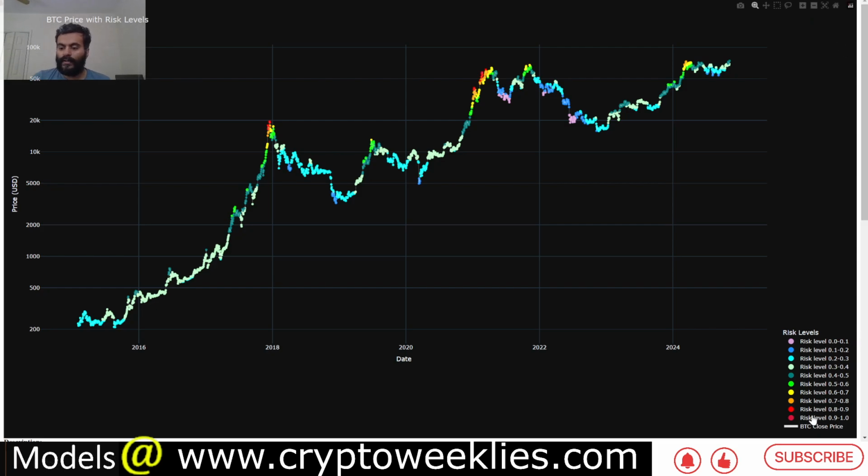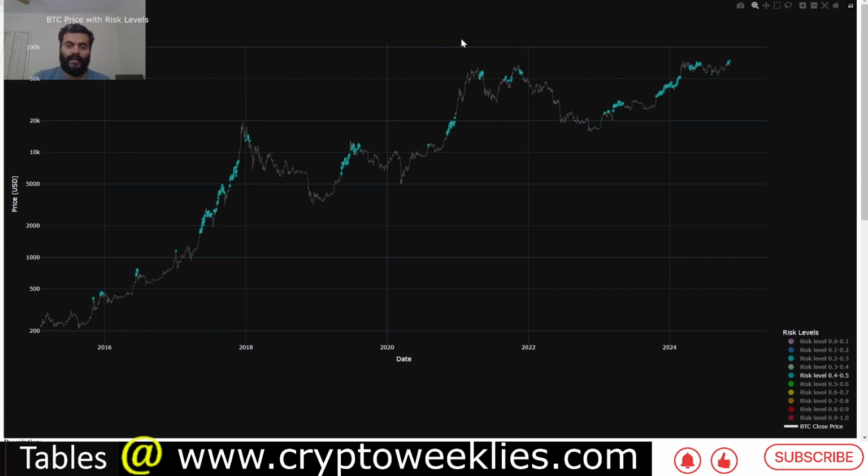And if you were to look at this risk level, between this 0.4 and 0.5 risk regime, you can find that before a parabolic move in a Bitcoin market cycle top, Bitcoin does spend quite a bit of time in this risk level. One could call this risk level the last accumulation zone before the train really goes off the station and then off to the races. That is evidence from the data that we have for 2017 as well as in 2020.